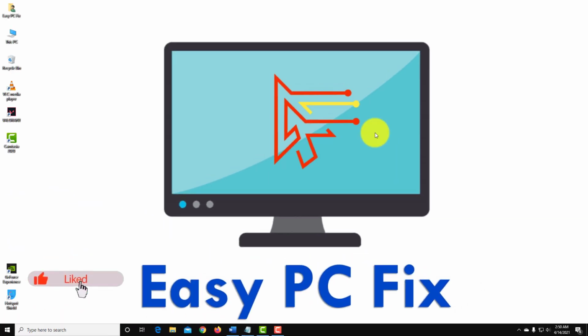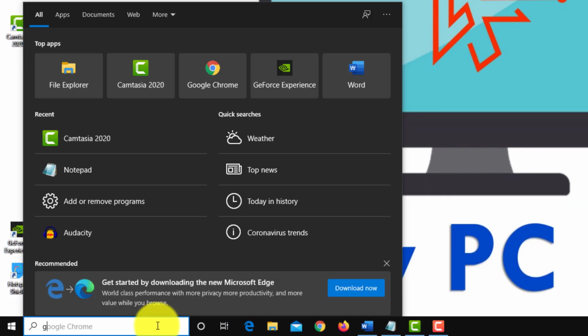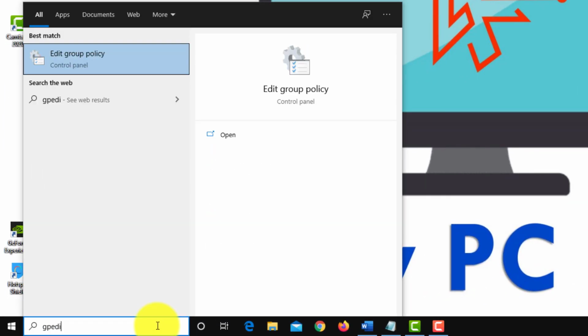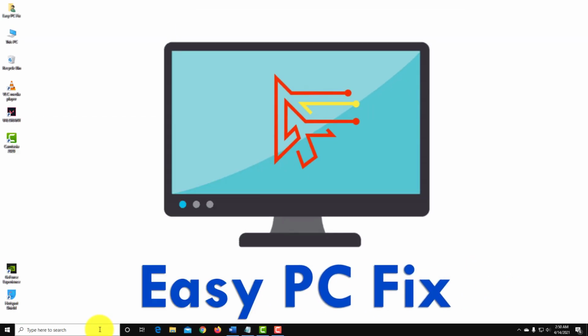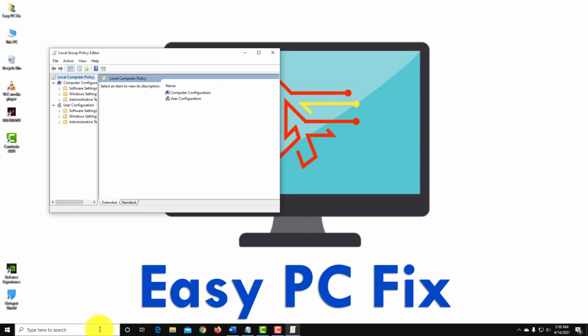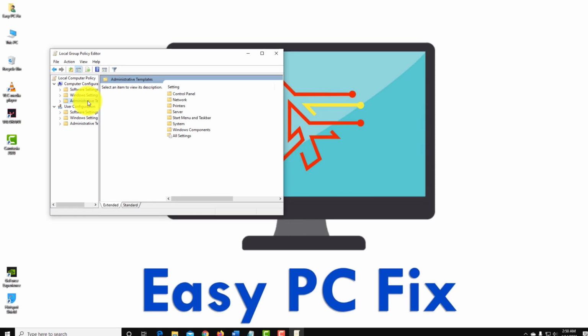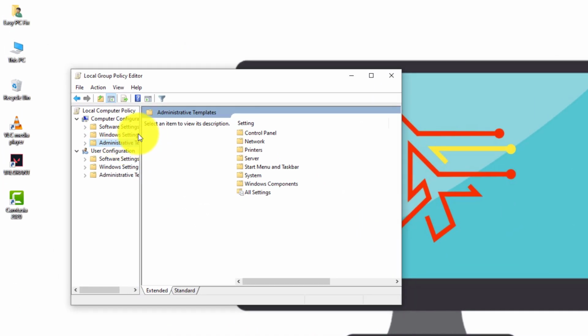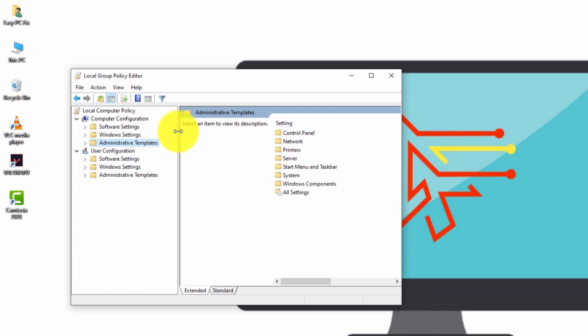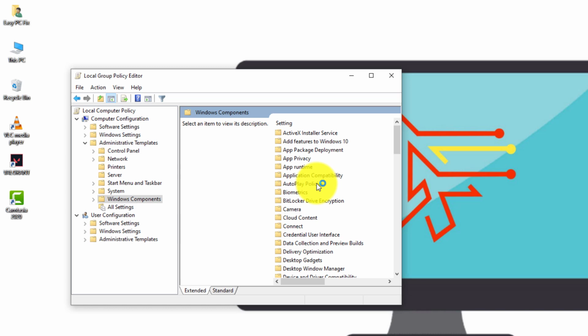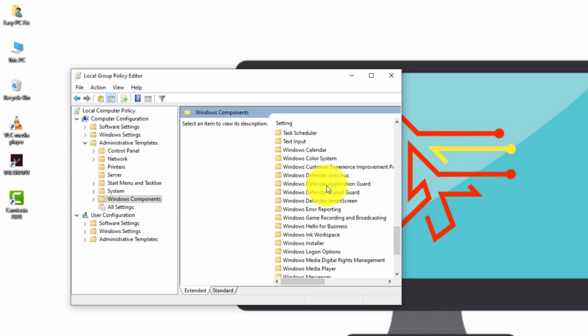To disable Windows Defender, type gpedit in the search box and open it. As you can see, the Group Policy Editor has been opened. You need to click on Administrative Templates. Now click on Windows Components. Scroll down to Windows Defender Antivirus.